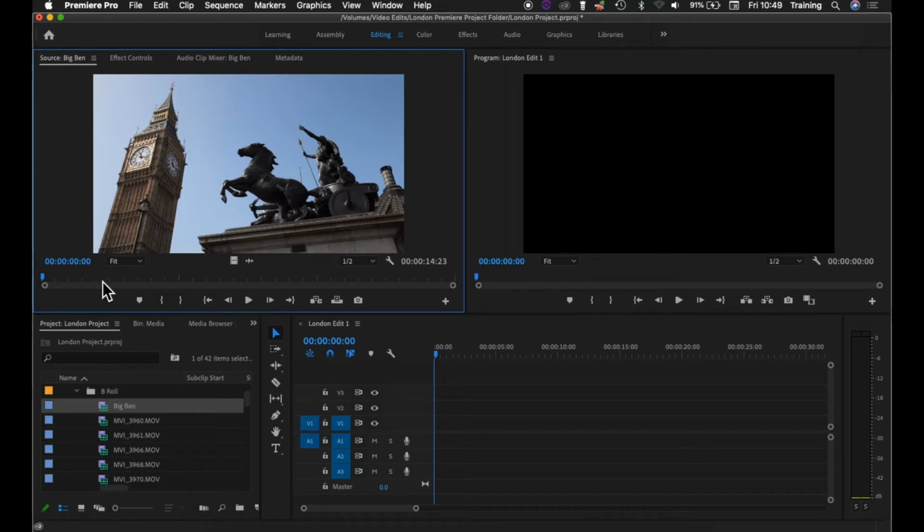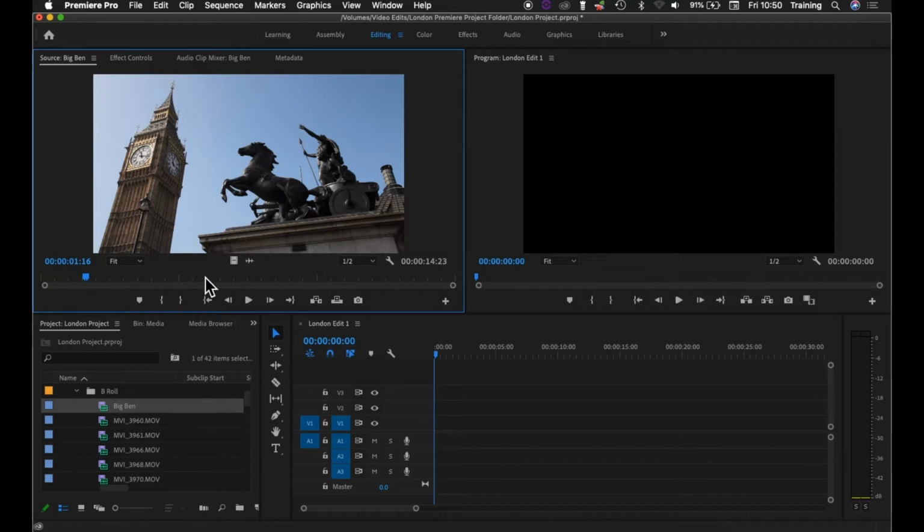The source monitor lets you play through the clip. It also lets you mark sections of the clip to use in your edit. So to play a clip, first of all, we have some transport control buttons here. So there is a play button in the middle. So I can click on that, will play and pause the media. We have a frame forward or frame backward button. So each time you click on those, it goes one frame forwards or one frame backwards through the clip. And we have a couple of buttons here, which we'll see in a minute, which lets you mark sections of